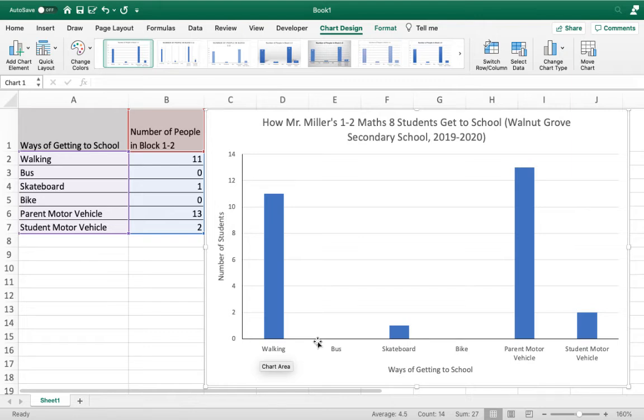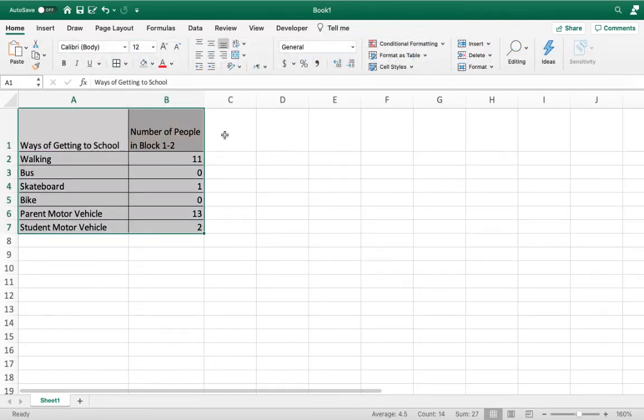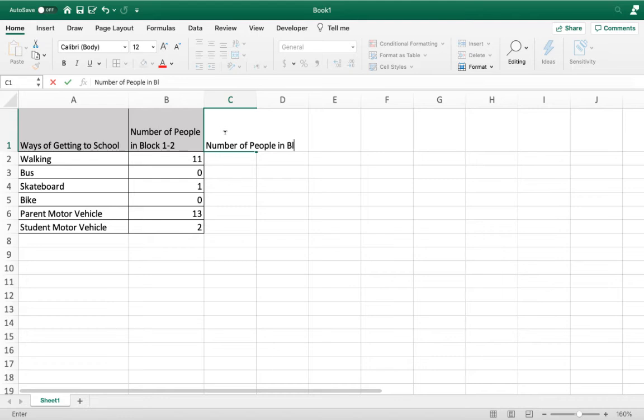Now, if you're wondering about the difference with a triple bar graph, it's not a whole lot different, but I'll give you a quick demo of that. So I'm just going to take this and delete it, and then I'm just going to add in a couple more columns here. So let me just get back to my data. So I've got the number of people in block 1-3, and then the last one is the number of people in block 2-3, and then I'd probably want to